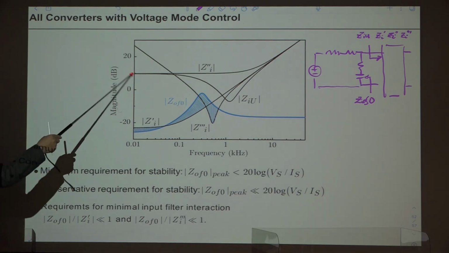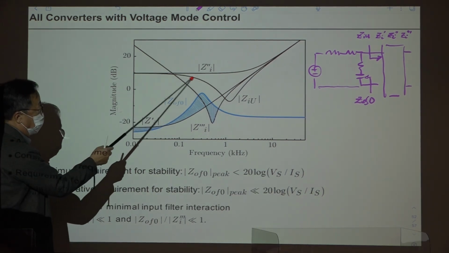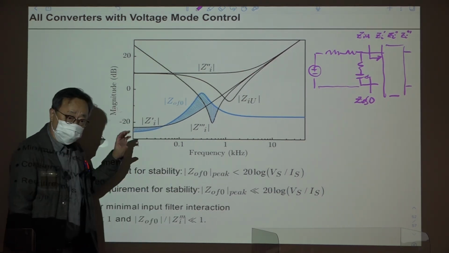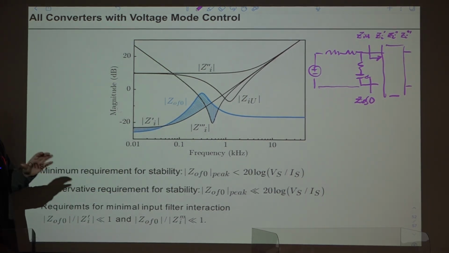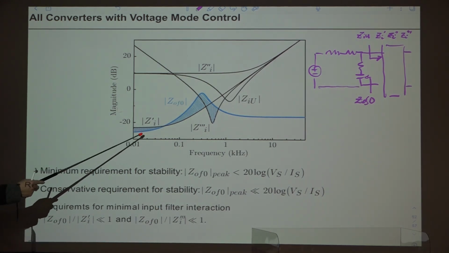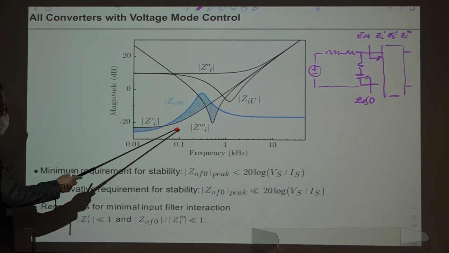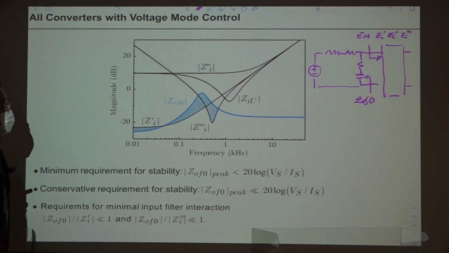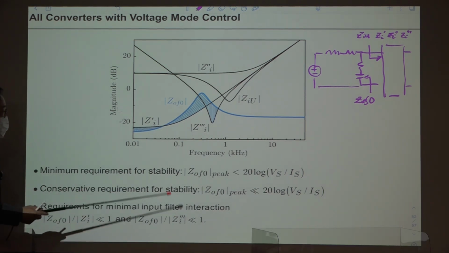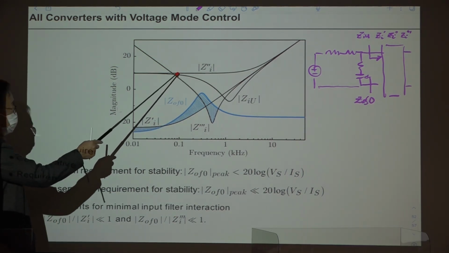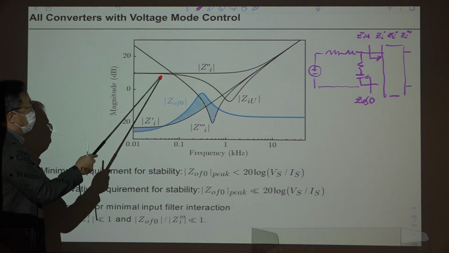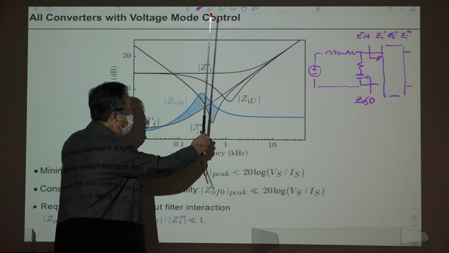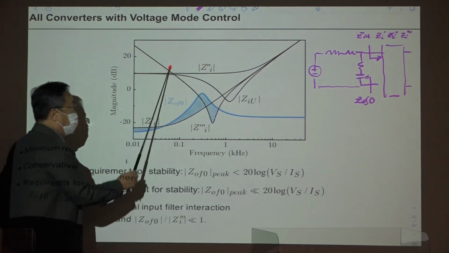So we have 4 different input impedances. These 2 are closed loop input impedance. This is regular closed loop input impedance. This is also closed loop input impedance, but output voltage is nullified by some operational condition. And these lower 2, GI prime and GI triple prime, are open loop. Feedback loop is open for the evaluation of those 2 converters. So they are these 2 closed loop input impedance. They merge at the low frequencies, and they have some deviation here. But for this frequency range, they are about the same.